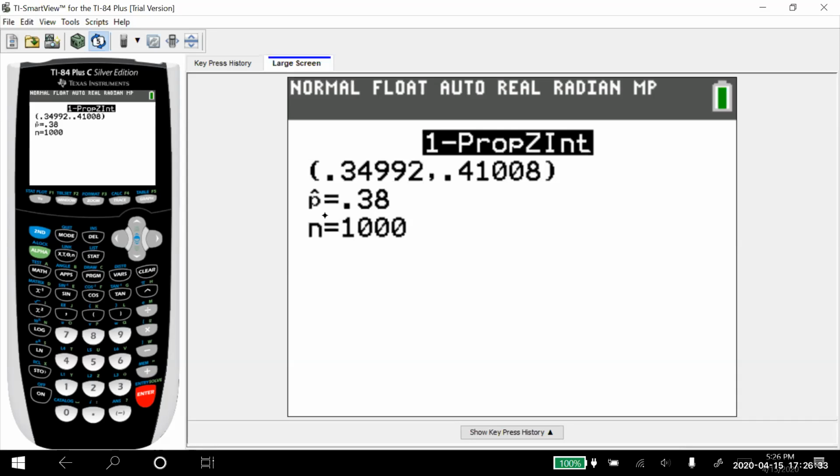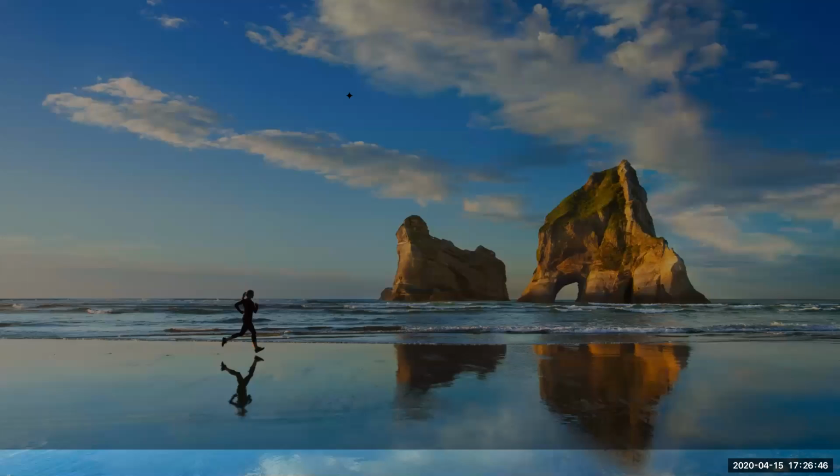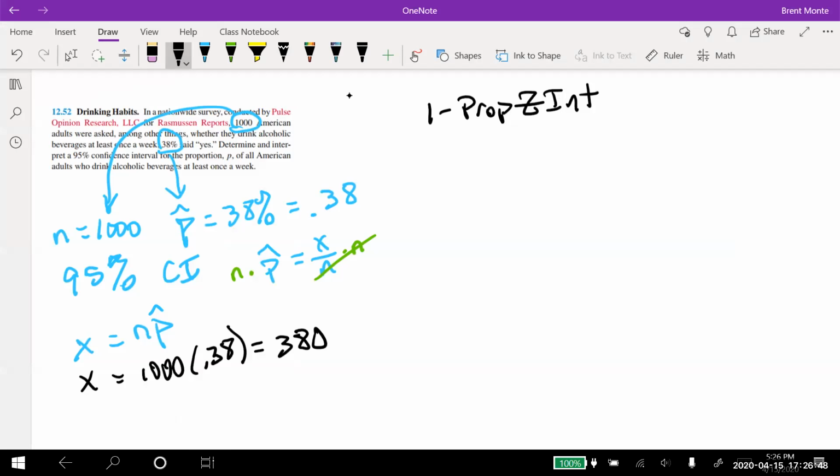Notice population, sample proportion p hat 0.38. Well, that's what we had been given, so we know that the x and the n that we put in were obviously correct. All right, so let's go back and write it up. So we're here, and we're going to say, well, let's put down the interval first, 0.350 to 0.410. We can be 95% confident